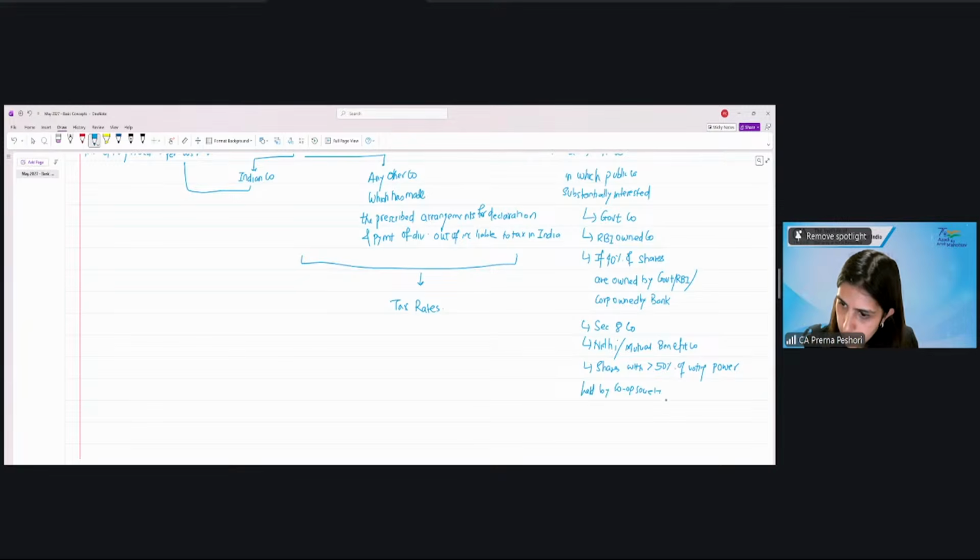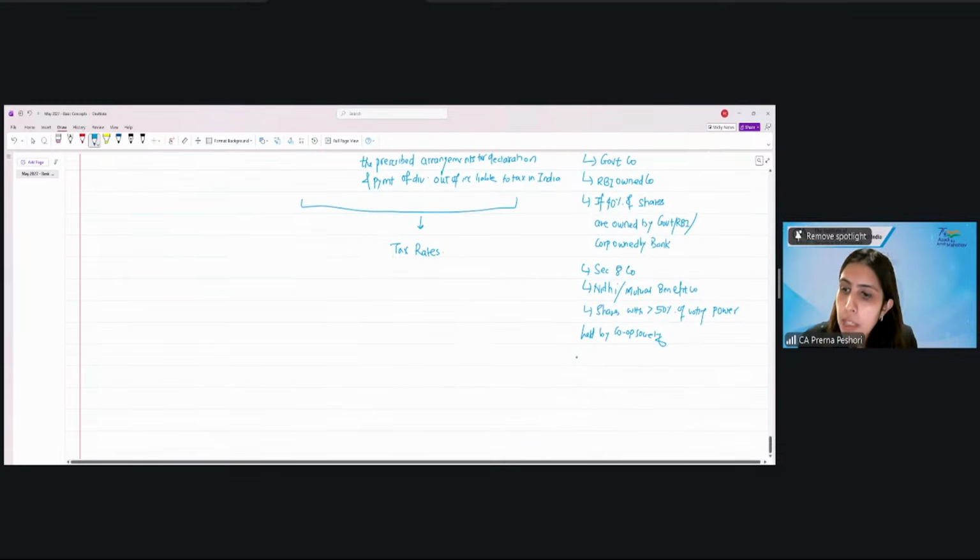Then a company which is not a private company, right? And the shares of which are listed on the recognized stock exchange. So a listed company essentially. Okay. And